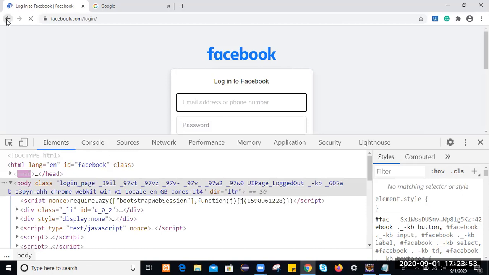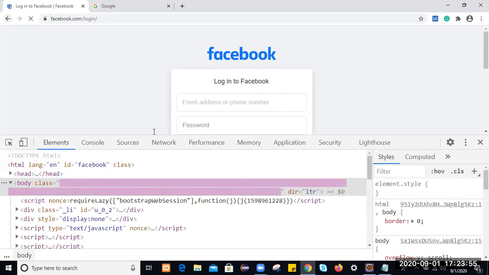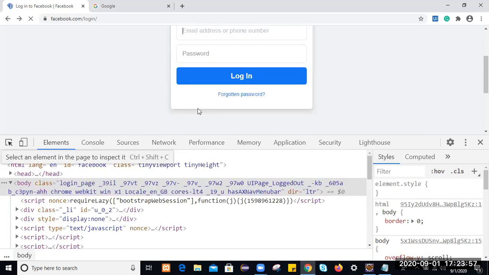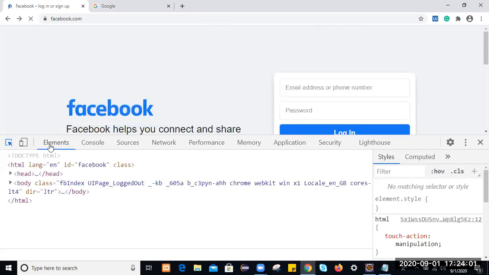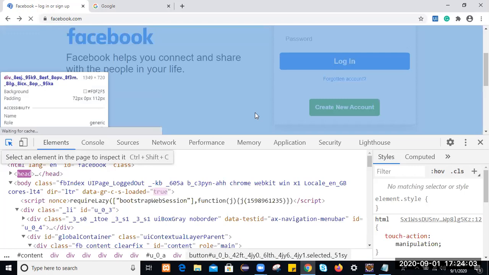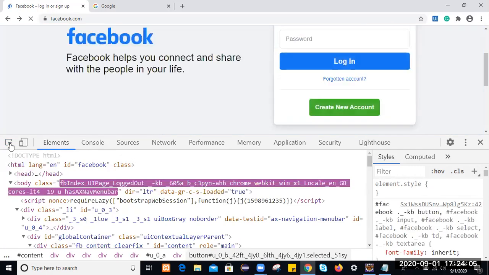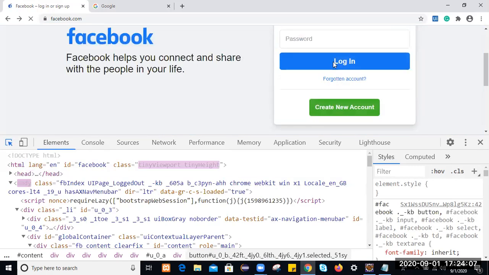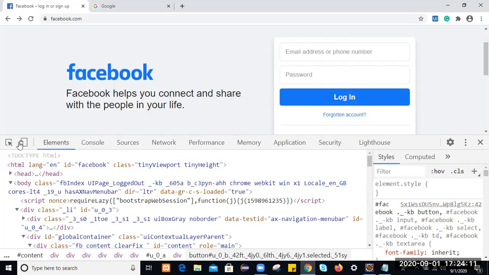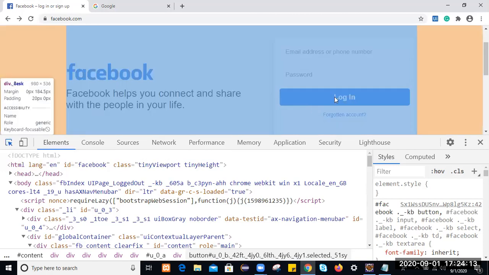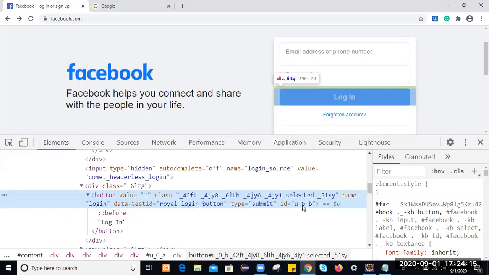So let's perform the click operation. Inspect. ID is equal to u_0b.